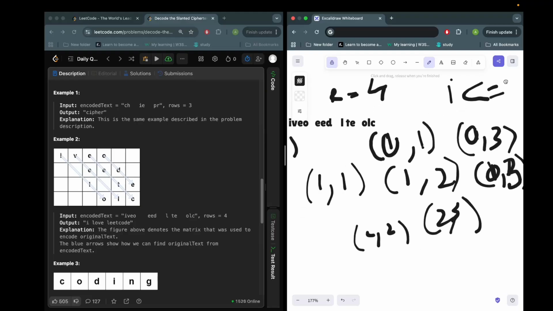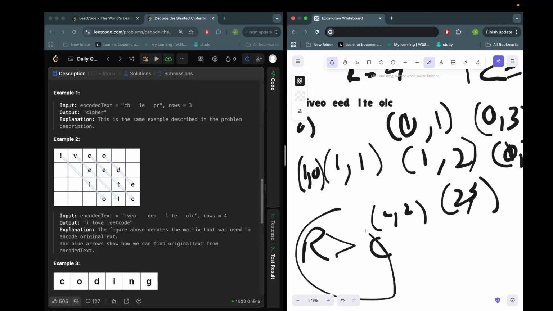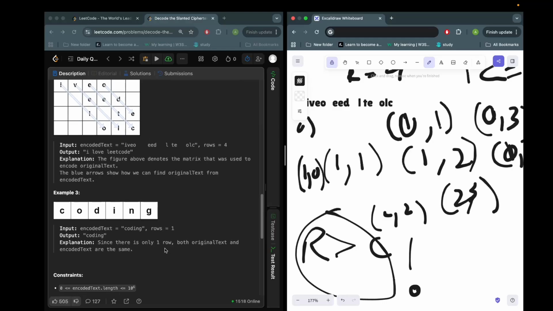Okay, so the way we have to loop is we never want to access any case where our row is greater than our column number. This should never happen. This will always have the empty string, right? So while, let's loop through our